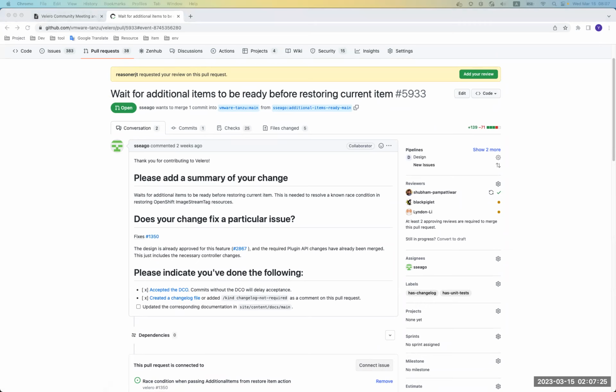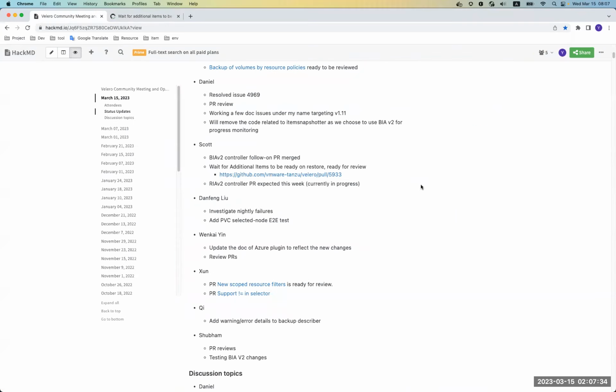I'm working on the restore item action V2 monitoring controller changes, probably halfway through those changes today. Hopefully I will get that PR out either tomorrow or certainly by the end of the week, but I'm hoping to get it sooner rather than later this week, because I am in the middle of that right now. And I will also update the plugin example to include a restore item action V2 plugin for testing purposes at the same time. Again, that'll be a draft PR until that's merged.